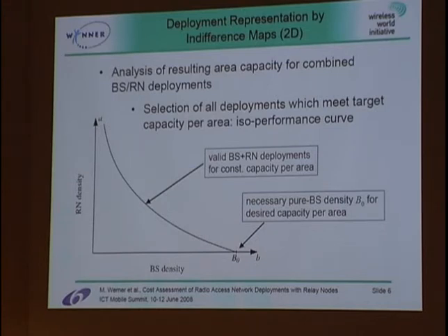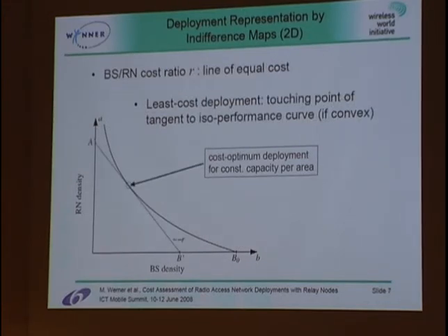So now, to arrive at the cost optimum point, now it is of course relevant what the total cost of a base station is compared to the total cost of one relay node. So the ratio of the total costs of these two access point types is important. And we can then draw a so-called line of constant cost, which reflects